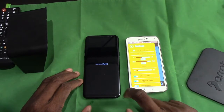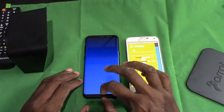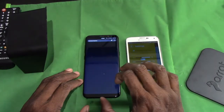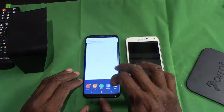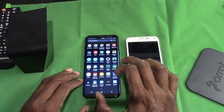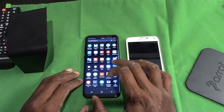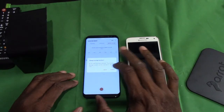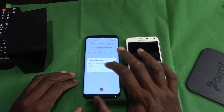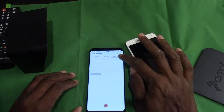I wanted to show you that, so I just took that out of the deck stock. I wanted to show you, a lot of people didn't realize this, and that is the voice recorder that came at least with the S8. I have not had a chance to look at it on the S7, but I can tell you on the S8s. So that would be S8, S8 Plus, and Note 8. The voice recorder has a function, let's see, change it, we'll cancel it, cancel, has a function called speech to